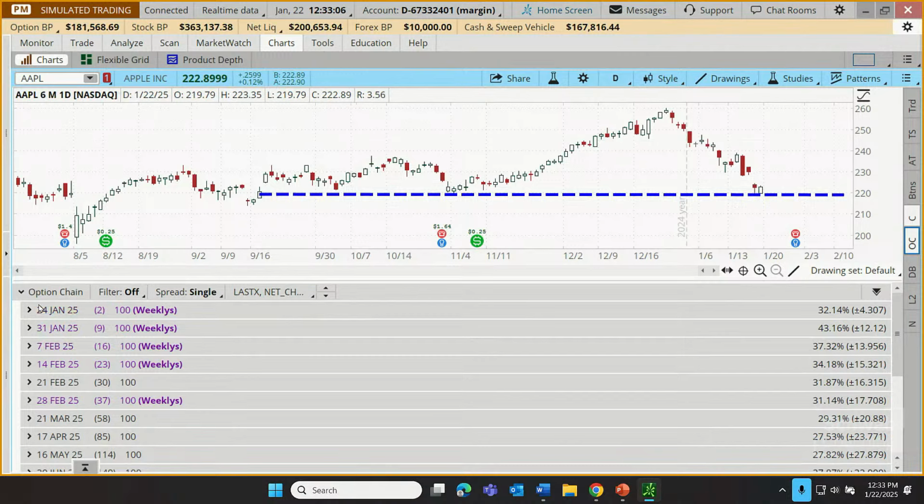So down below, I can see the available options for Apple, and I can trade them just like I might using the trade tab. Now, I'm not going to go deeply into that. If you understand options, you know how to place a call order to buy or a put order to buy. Multi-leg strategies can be placed here. You'll notice those functions are found right here. I just wanted to point out that for those looking for speed, those looking to do stuff faster on thinkorswim, this is one more way to do stuff faster.